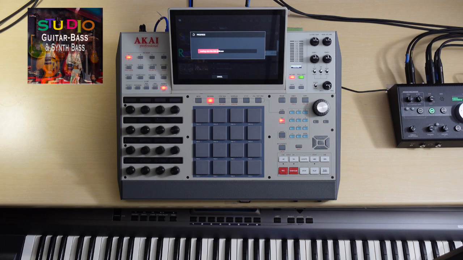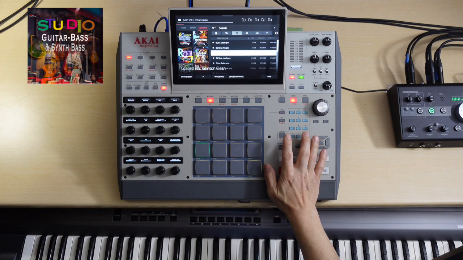This was all influenced by Eric Johnson. More of a rock rhythm style, but